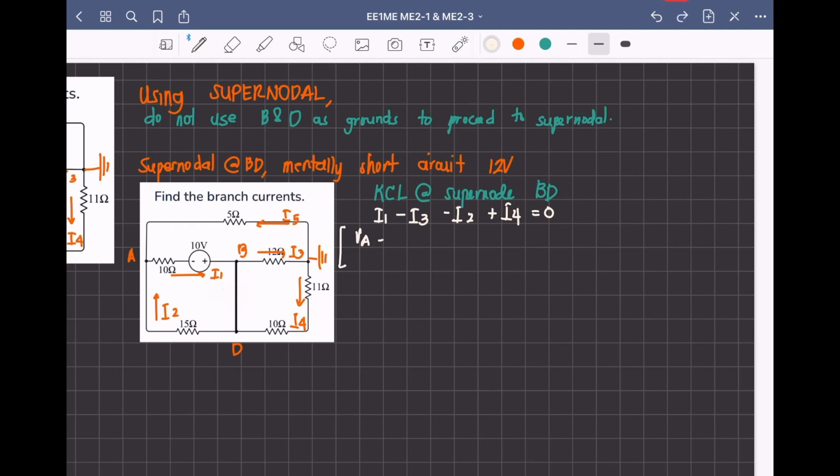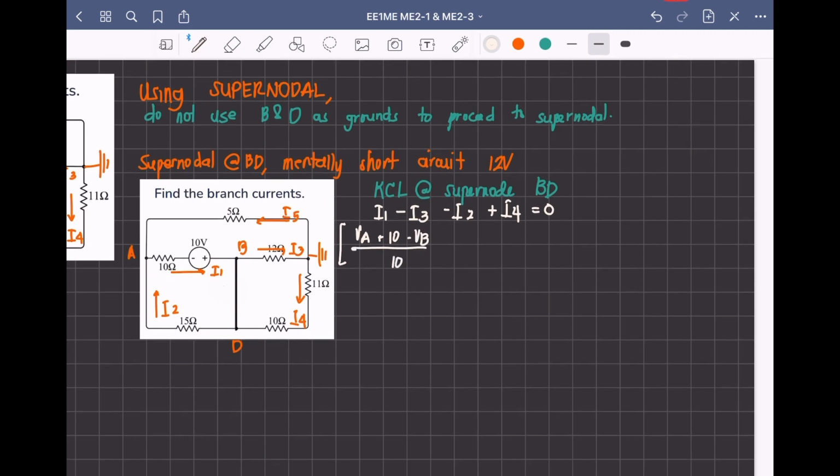I sub 1 is VA plus 10 minus VB all over 10 ohms, minus the quantity of I3. I3 is 0 minus VB. Hindi ko nakita ng maayos. Ano ba yan? Ito yung arrowhead. Okay. I3 is VB minus 0 all over 12